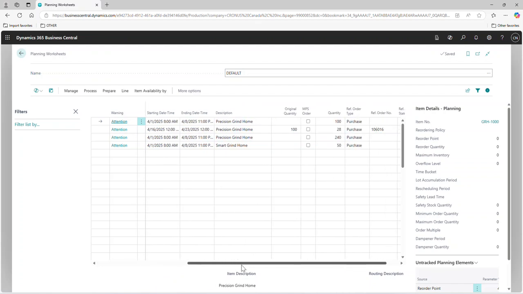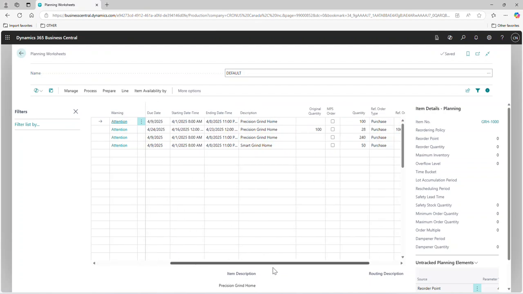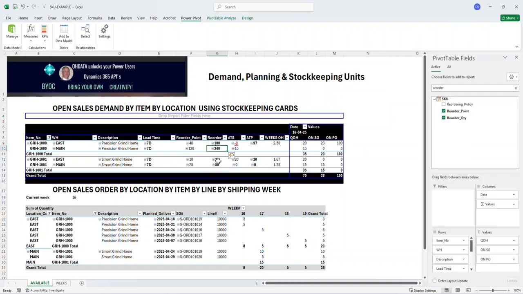Now, here it says, what do I need to do? Well, if I'm in the main warehouse, I need to order 240 and 50. And if I go back into my item here, I can see on my order policy that 240 is here and I need 50. So the reorder points are telling me. I'm not saying I don't want to run the planning worksheet, I do, but the planning worksheet, as you know, sometimes has maybe thousands of lines and is sometimes a little bit cumbersome to get through before you manipulate it. So if you run this in conjunction, it makes a very compelling